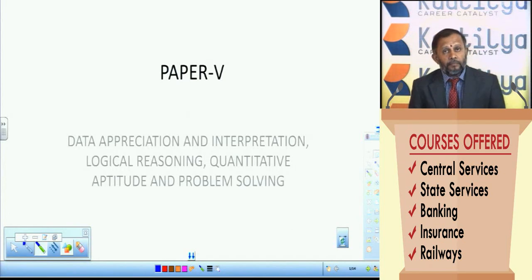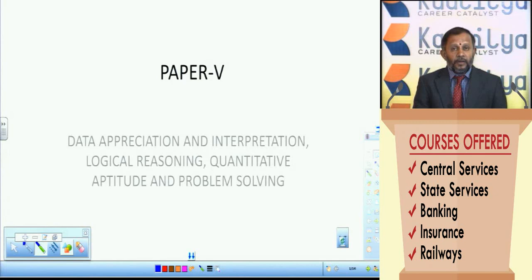And this is the right time to have a view on the changes in paper 5. So in paper 5, previously we had different concepts like logical reasoning, quantitative aptitude, and then questions on the basis of paragraph. Previously, paper 5 was broadly divided into 3 sections: section 1, section 2 and section 3. In the first 2 sections we have to answer questions from quantitative aptitude and logical reasoning.